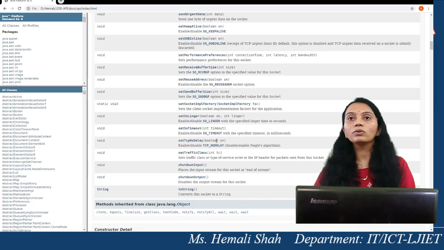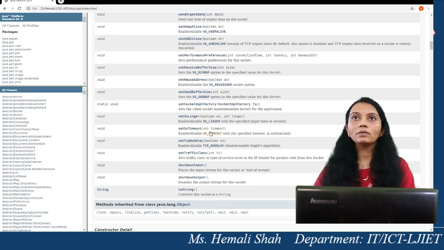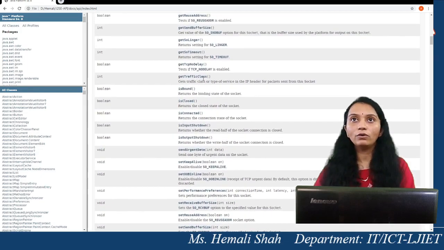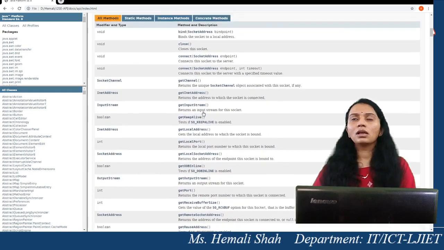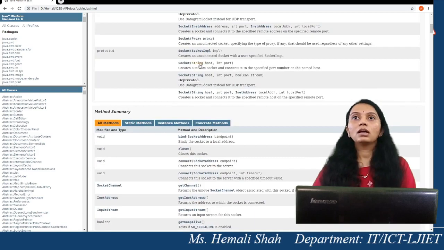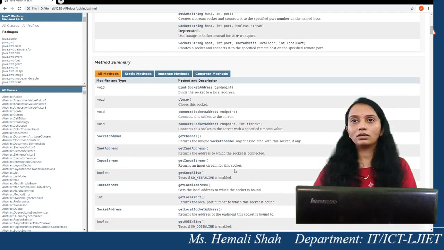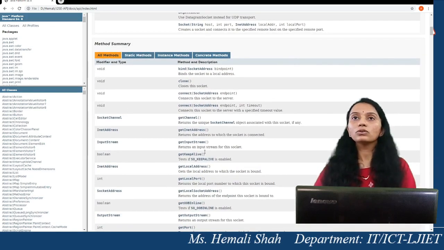This is a waiting time you can set by using the setSoTimeout function. setSoTimeout accepts the time as a parameter, and you can get the socket timeout by calling the function getSoTimeout. So this function we will use, and all the others you just need to visit once. So don't remember all the functions, only focus on the important functions, right?